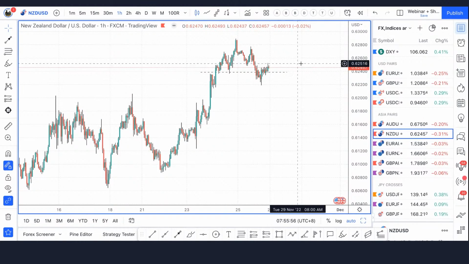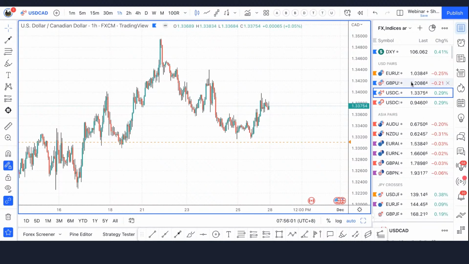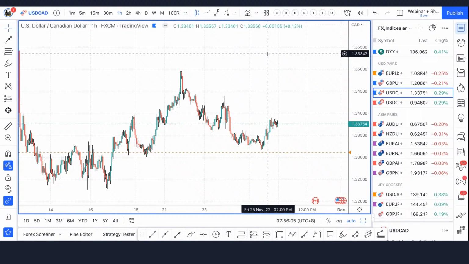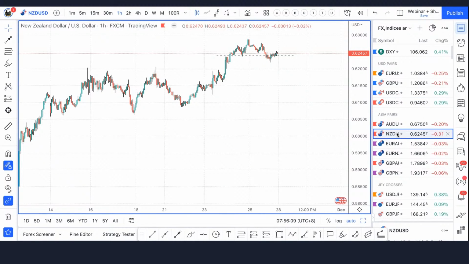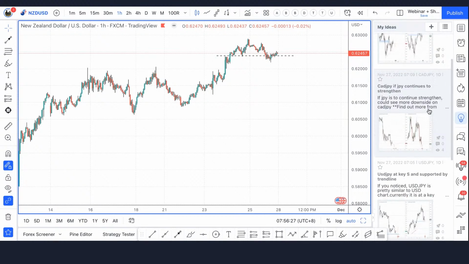So I will look at other pairs to go on, especially Canadian to USD. It will be a better pair if USD is to be stronger. But overall, that's what I feel about the majors. New Zealand dollar and pound are the ones that are stronger as of now. Okay, after taking a look at the majors, let's take a look at